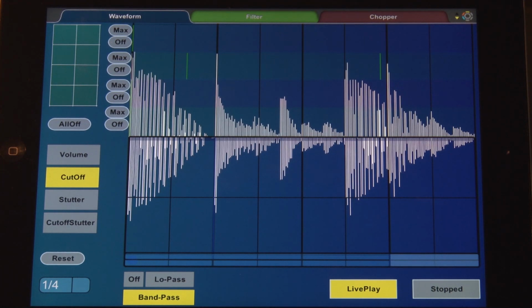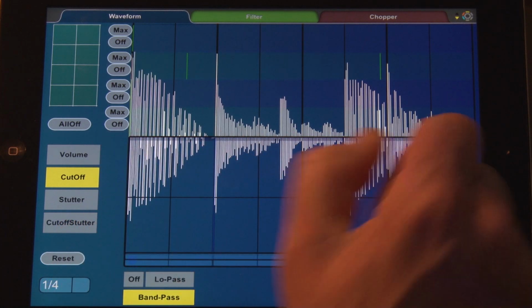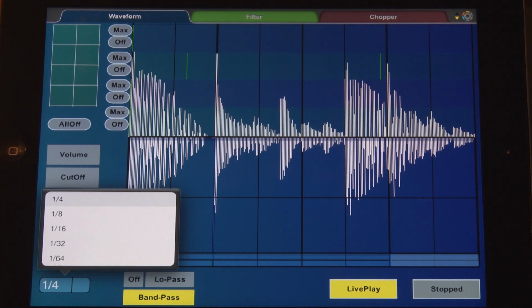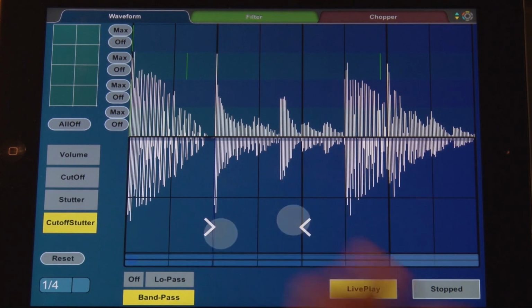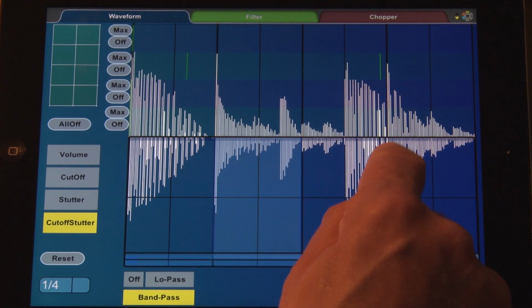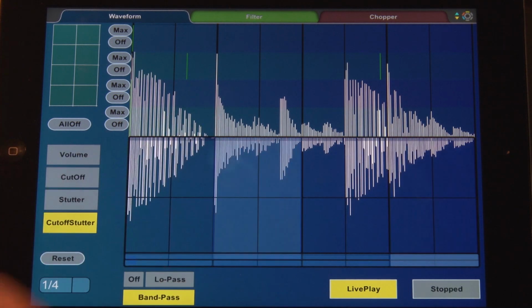This is the waveform view. The waveform view displays 1 bar at a time of the audio. There are a number of effects and manipulations available: volume, cutoff, a stutter effect, and a combined stutter and cutoff. And each of these has a number of presets available via the little matrix here. We have a quantize value which can be selected, which influences the selection range that we might apply in the bottom area,